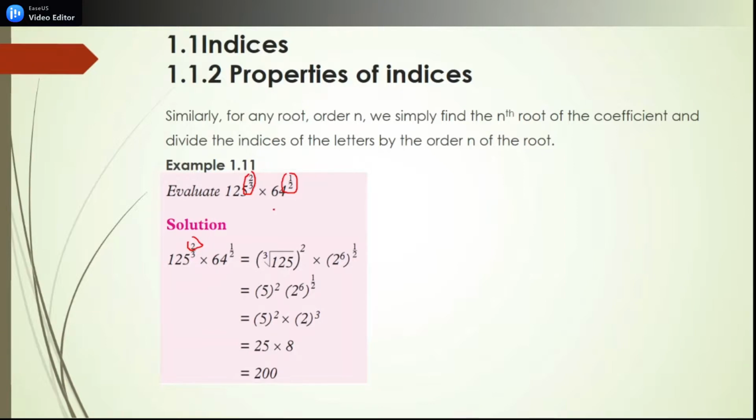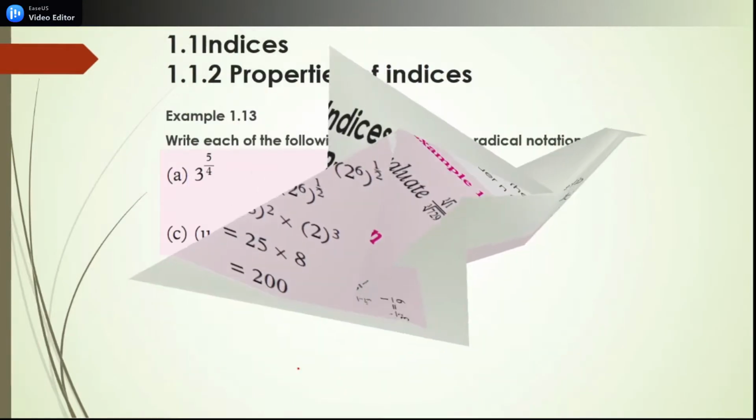Then to write this one also is like to write 2 power 6 power 1 over 6. The reason is that you can write 2 power 6 times 1 over 2. You simplify 6 and 2, you remain with 2 power 3. Then this one is 2 power 5 power 2. So the result is equal to 2 power 5 power 2, which is equal to 25 times 8. The answer is 200.